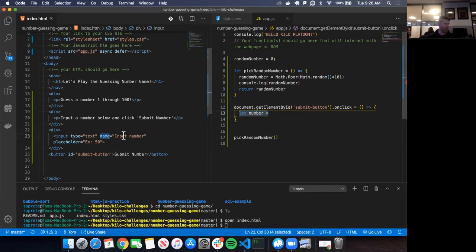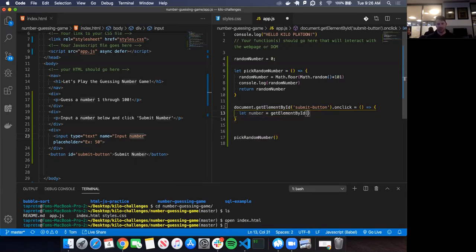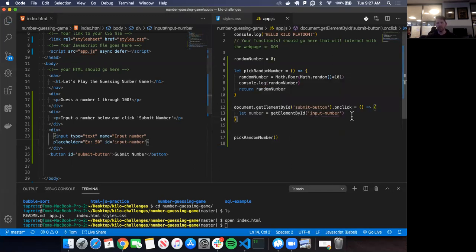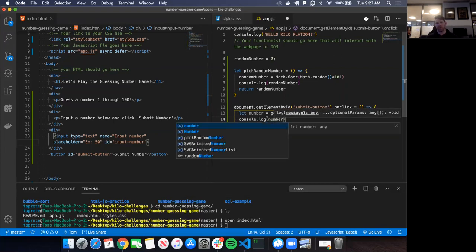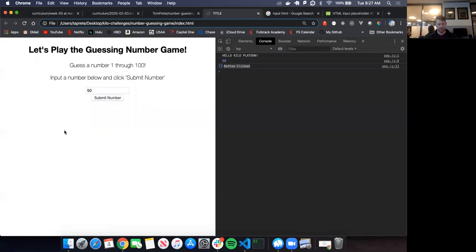So I've got name. I'm going to do this getElementById again. Get element by ID, input number. So in here, I don't have an input number ID. ID equals input number. And I'm going to console log number. Let's see what that looks like. Oh, whoops. So I got 50. And when I submit the button,